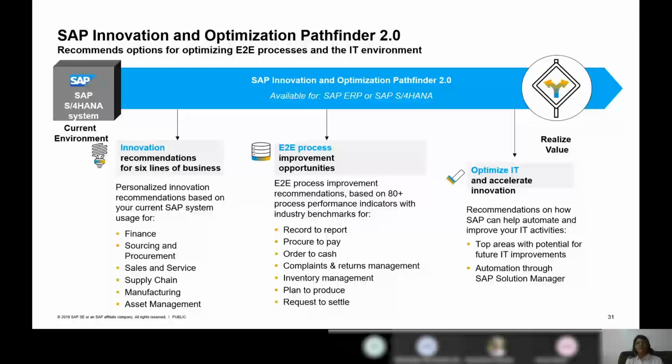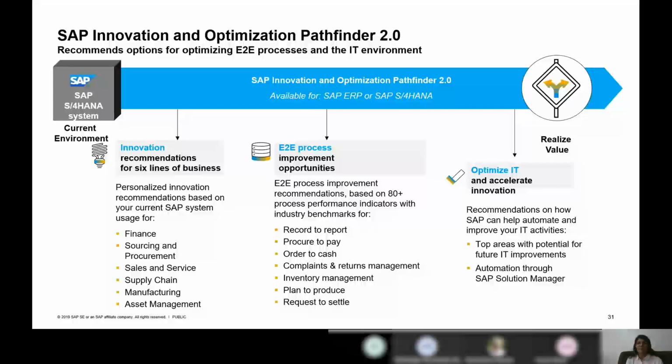Over and above, he can also do extra innovation, but within existing processes, if he has to identify what processes he can innovate, it gives me a complete list of processes based on my lines of business. And these lines of business are finance, sourcing and procurement, sales and service, supply chain, manufacturing, and asset management.